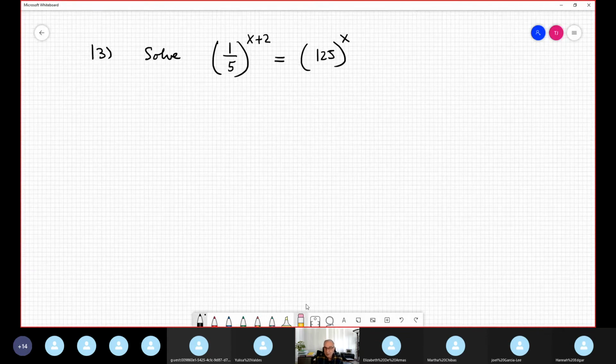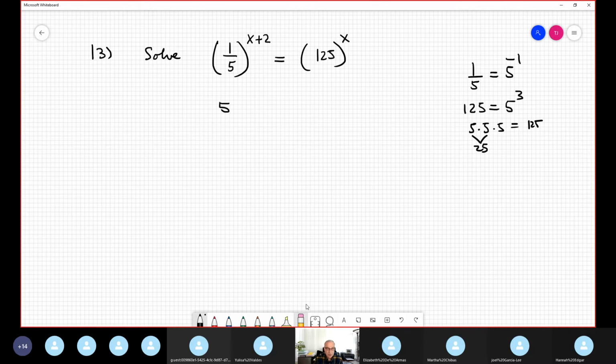In one corner of the piece of paper, I put 1/5 is 5 raised to the negative 1. I know that. And 125 is 5 cubed, because 5 times 5 times 5, this is 25, and 25 times 5 is 125. Replace: 5 raised to the negative 1, x plus 2 is equal to 5 cubed